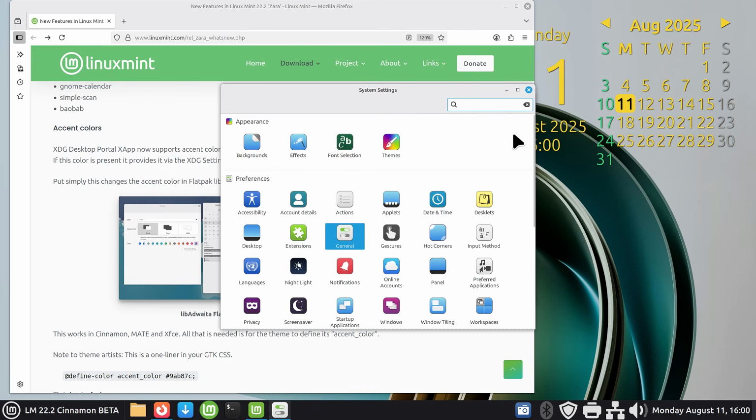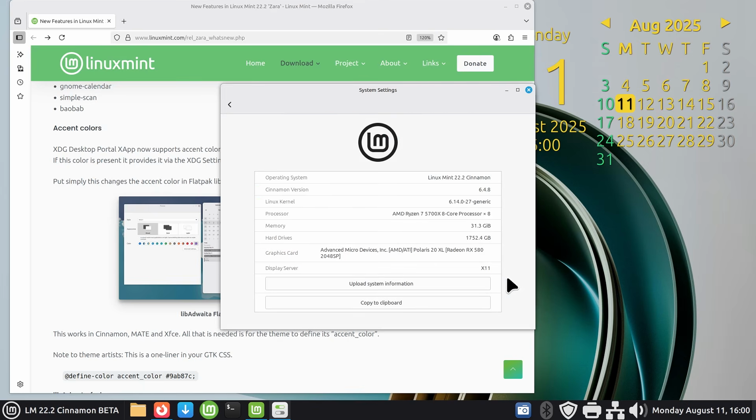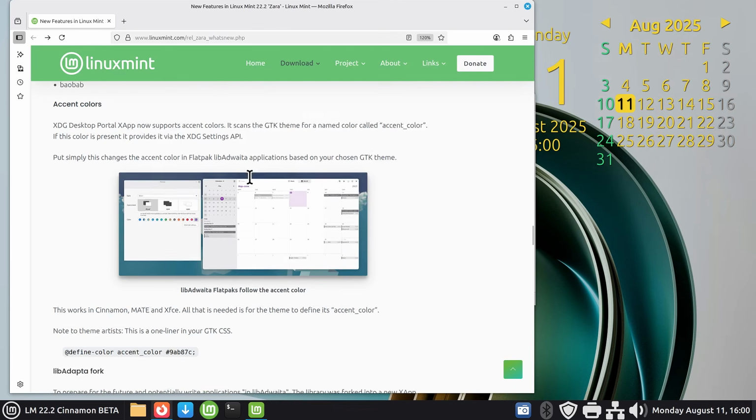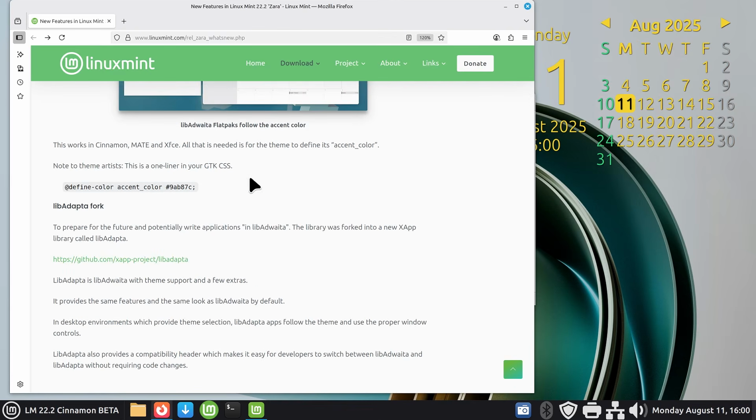You know, and I think I got plenty on this system. Yeah, I got 32 gigs of RAM, so I'm not concerned at all about that. All right,